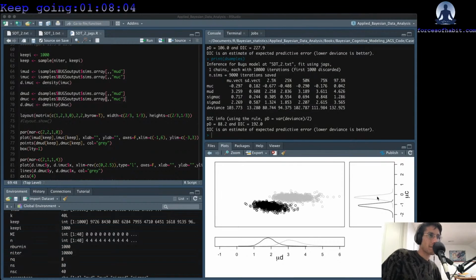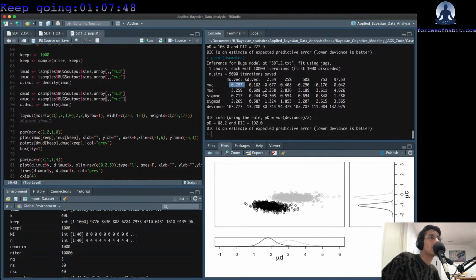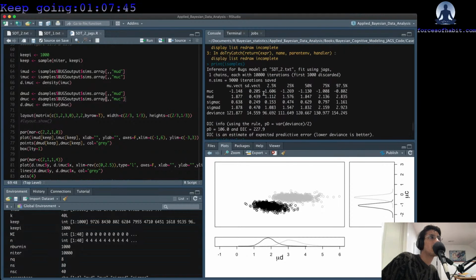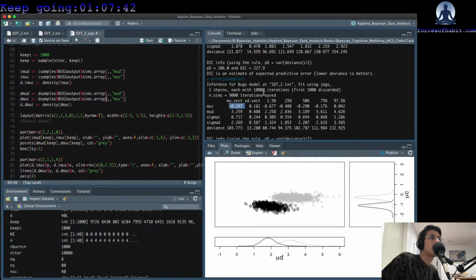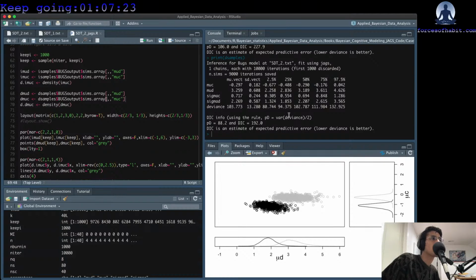That there's less bias in the deductive, and though more discriminability. The variability in